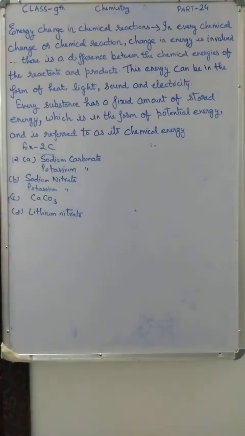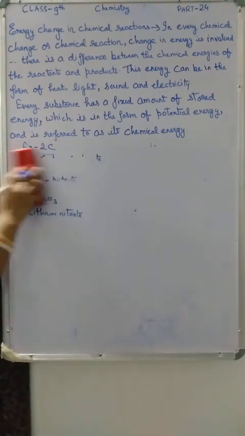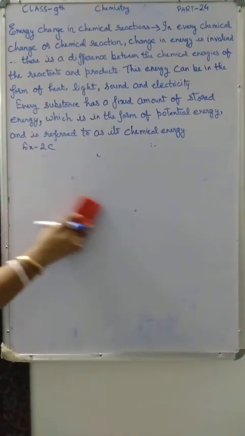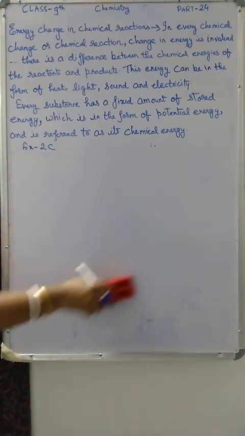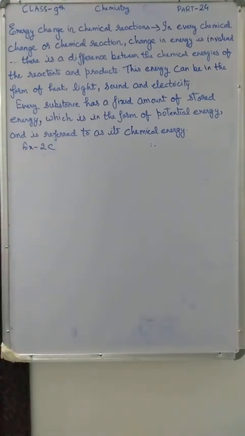Okay, now question number 8. I am writing question number 8. Just write it down, all of you. In your first term exam, chapter number 1 and chapter number 2 will come. Chapter number 1 all the parts and chapter number 2 also all the parts. Multiple choice questions will come, so you have to study. Whole chapter you have to see. All the examples, all the formulas, everything you have to study. So answer number 8 I am writing here.